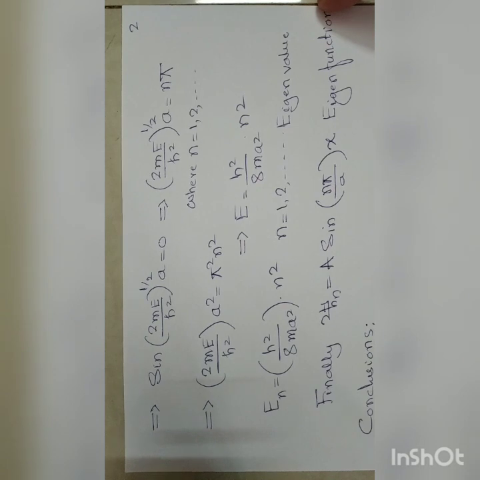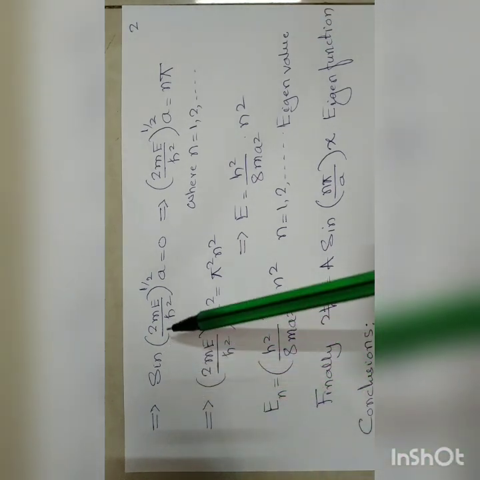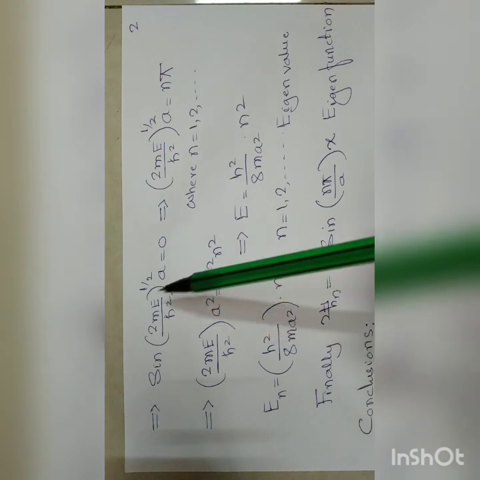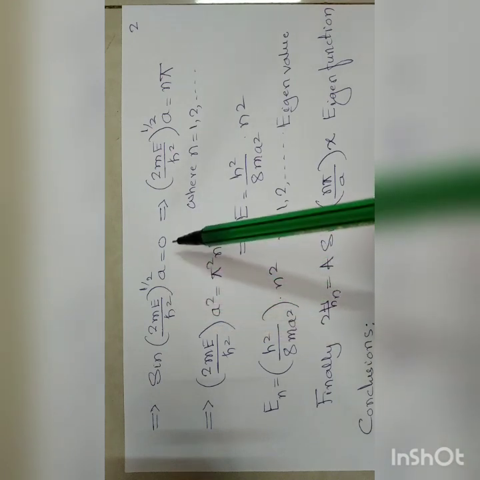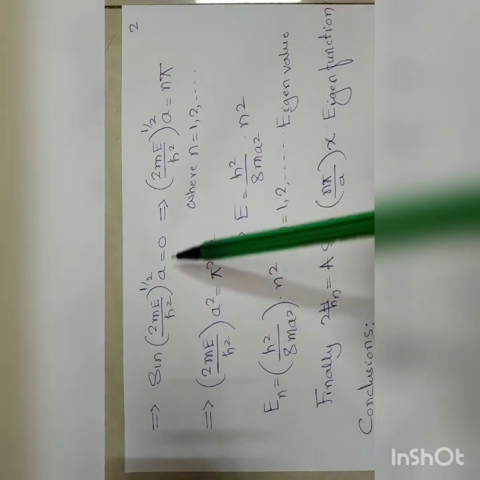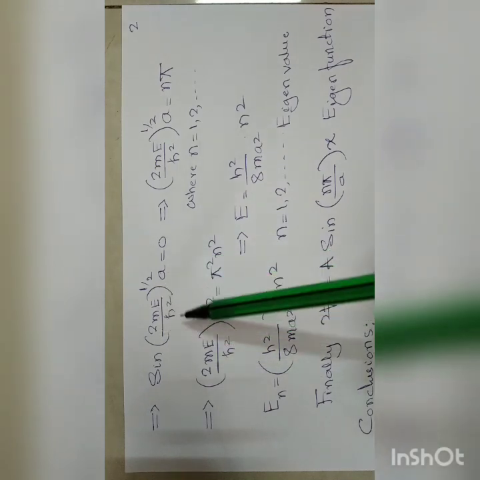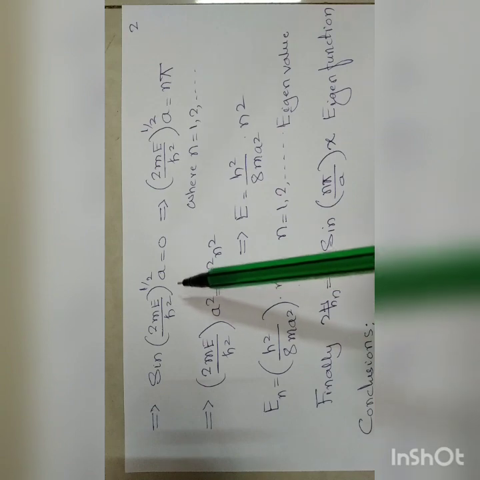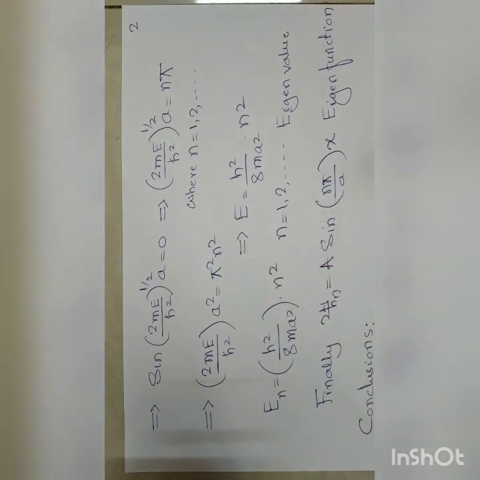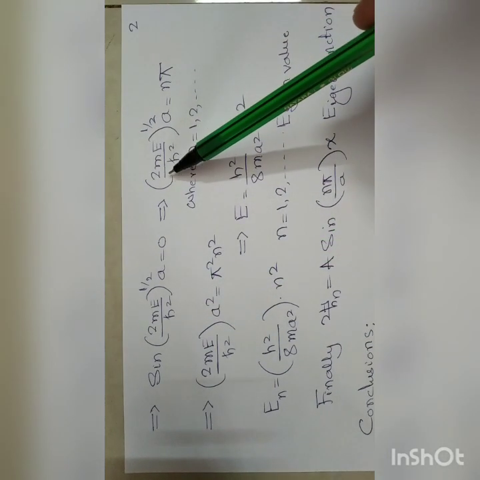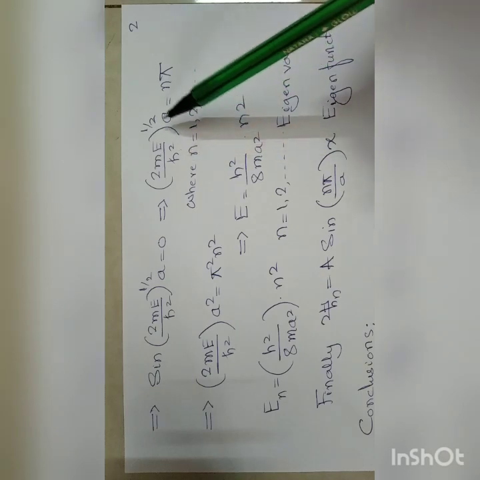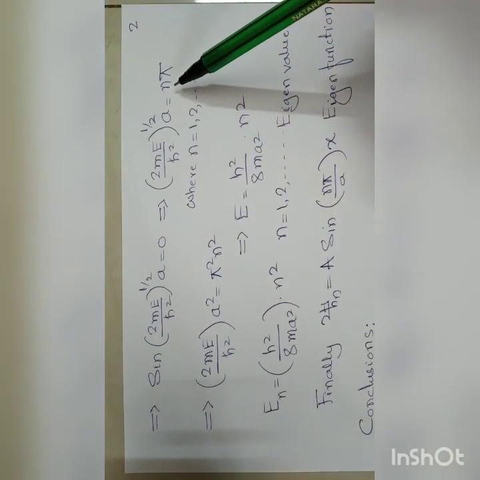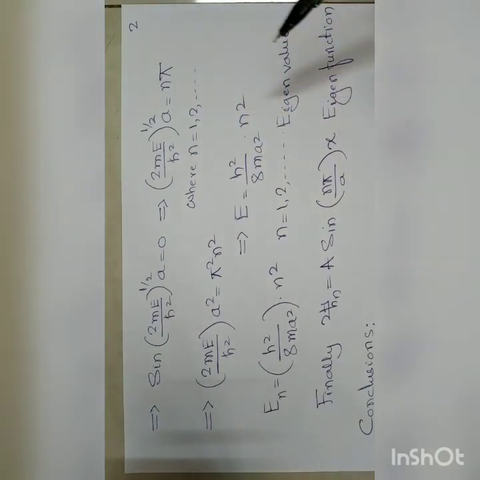Well, with that condition, we will come here. Sine of (2mE divided by h cross squared) raised to 1 upon 2 into a equal to 0. This can be only equal to 0. It is like sine of theta equal to 0 if and only if theta becomes an integral multiple of pi. Hence, (2mE divided by h cross squared) raised to 1 upon 2 into a is equal to n into pi,